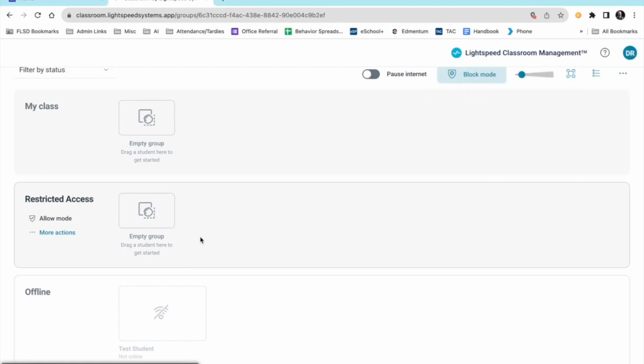Couple things that I would caution you is it's super easy to just sit behind your desk and watch the students' screens on Lightspeed. But what I would encourage you to do is still circulate the room. Use your eyes on their screen to see if they're working, because that still lets you answer questions and lets you monitor the students as they're working. This is just an additional layer of classroom management that you can use to help